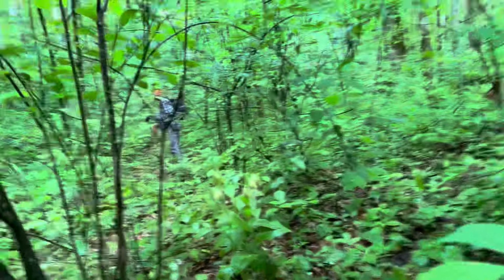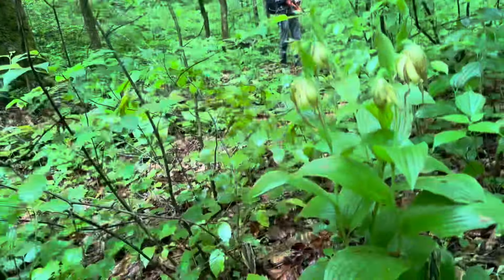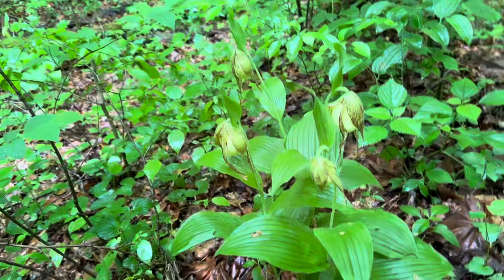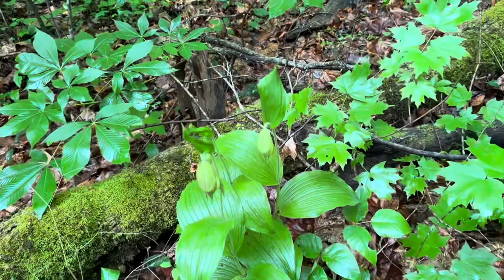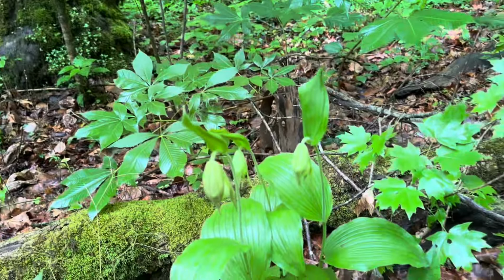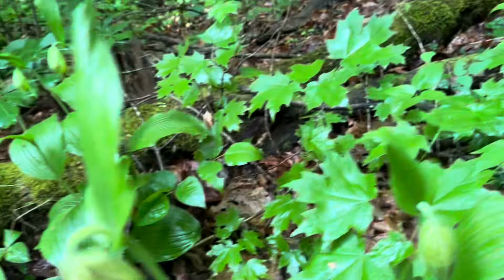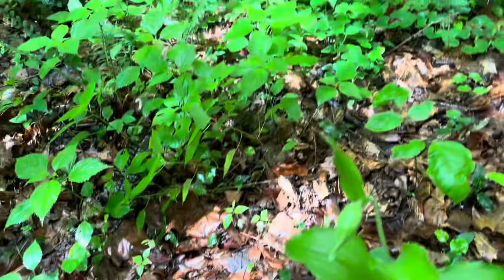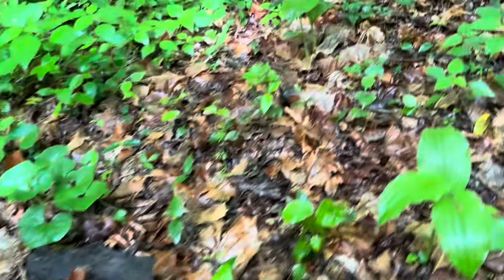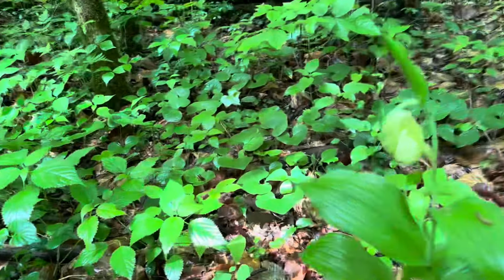And right here are 4 together. Oh man, that's amazing. Here there's 3 more that are not bloomed. These are not hardly bloomed, but they're pretty dang close. There's another one yet to bloom. Here's one really close to being